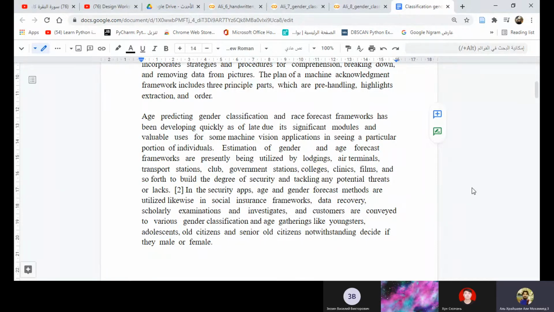Age and gender for these methods are utilized like in social and strengths frameworks, data recovery, secondary examination and investigation, and customers are conveyed to version gender classification and age groups like young starters, adults, old citizens and senior old citizens, notwithstanding the male or female.